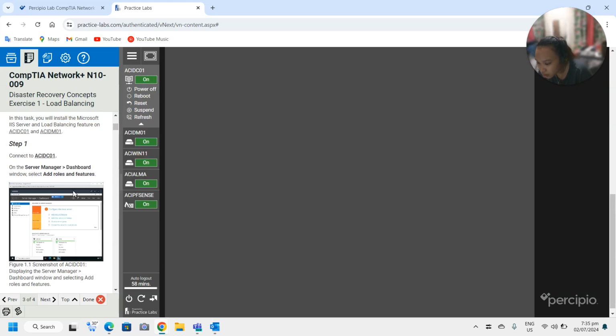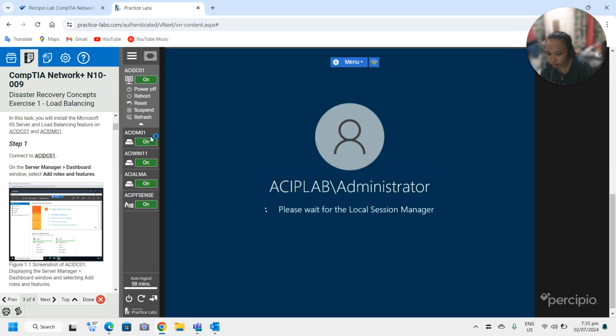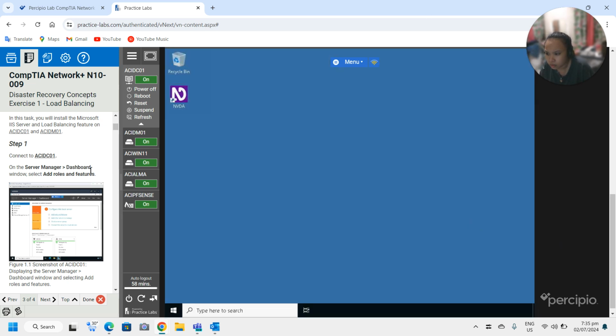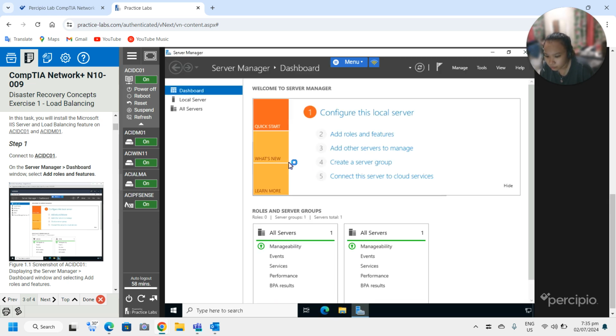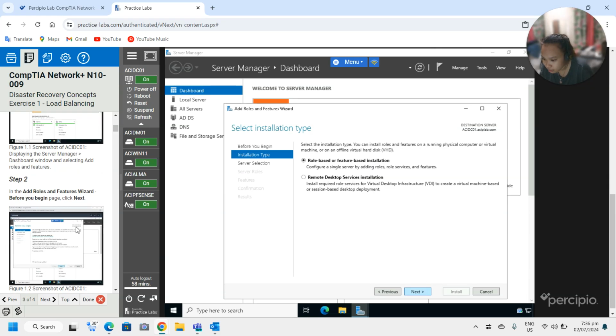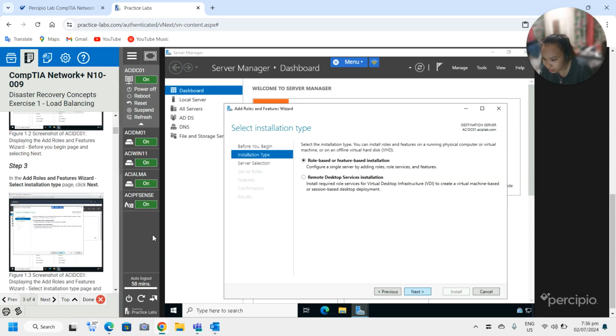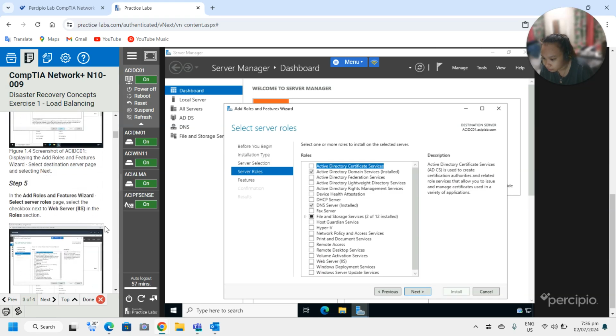On the Server Manager dashboard window, select add roles and features. Let's just wait for it to load. Click next, next, next.